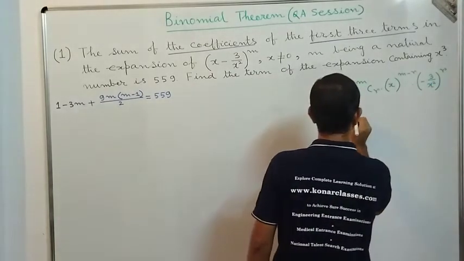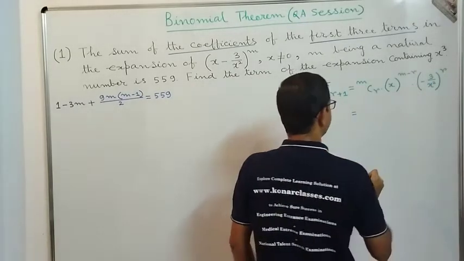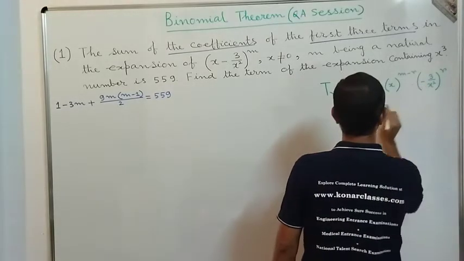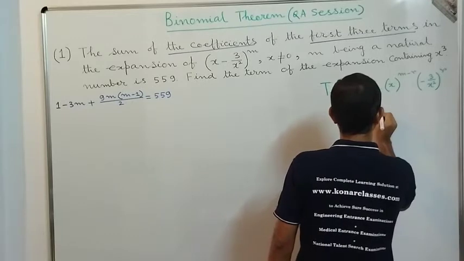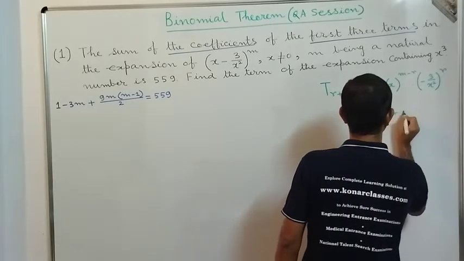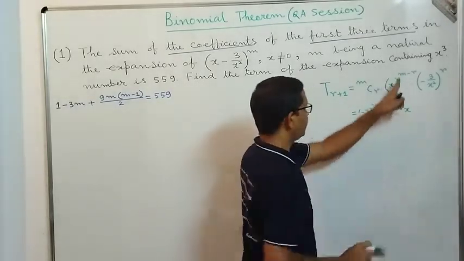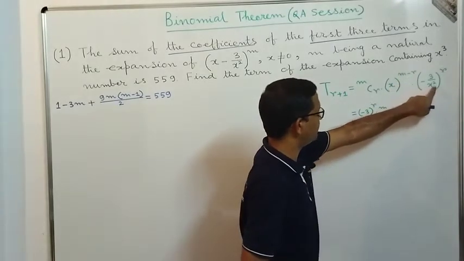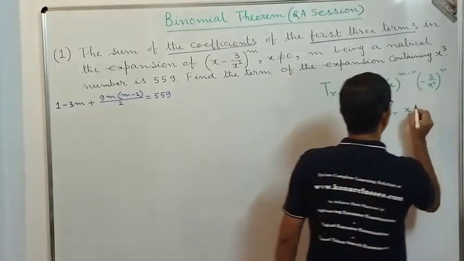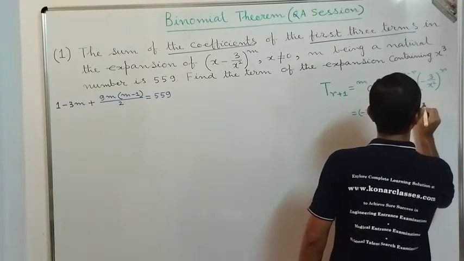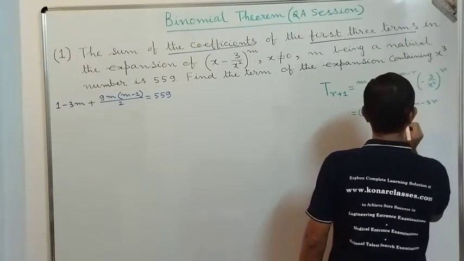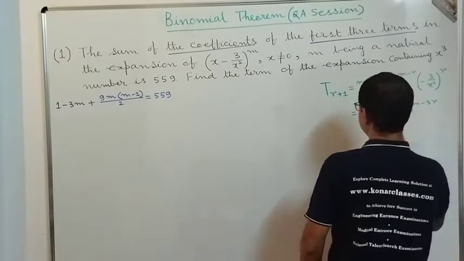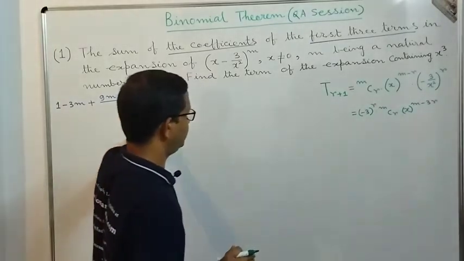So if we simplify this, that is equal to minus 3 power r. We can bring it here: minus 3 power r into mCr into x to the power m minus r, and in the denominator x to the power 2r. So finally we will get x to the power m minus 3r. So all we need to do, dear students, is that once we find the value of m from here,